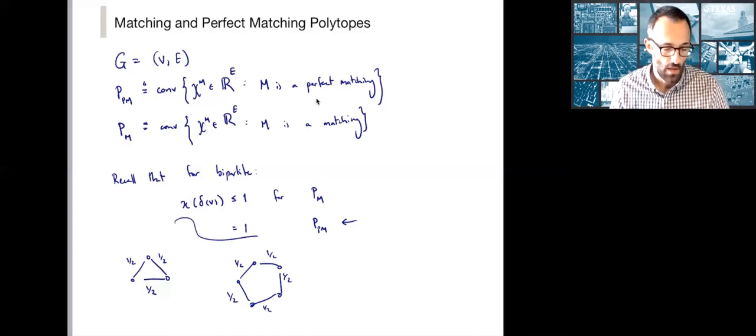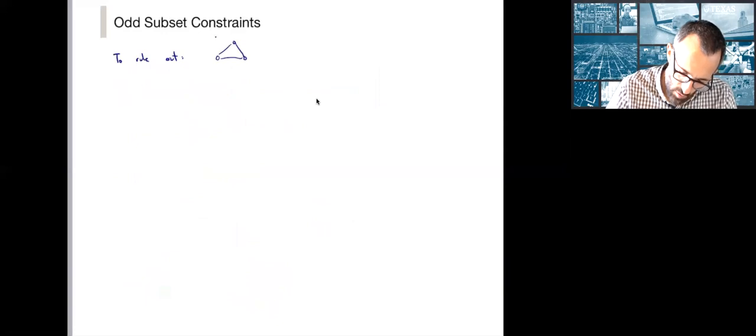So we need to deal with odd subsets, odd cycles, but more generally just odd subsets. So let's talk about these constraints. We'll see that the constraint that we really need, to rule out something like this, 1/2, 1/2, 1/2,